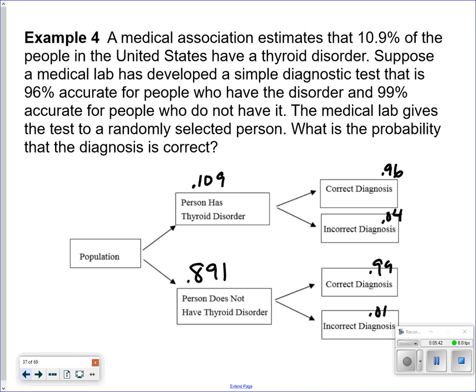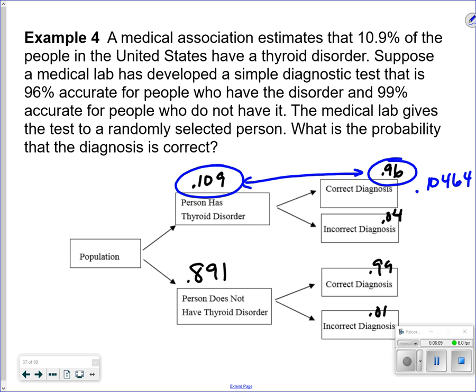So here's what we're going to have to do. If I have the disorder and they test me, then those two are correct. I have the disorder and it's correct, so I'm going to multiply those two together. So 0.96 times 0.109. And so the probability that it's correct is